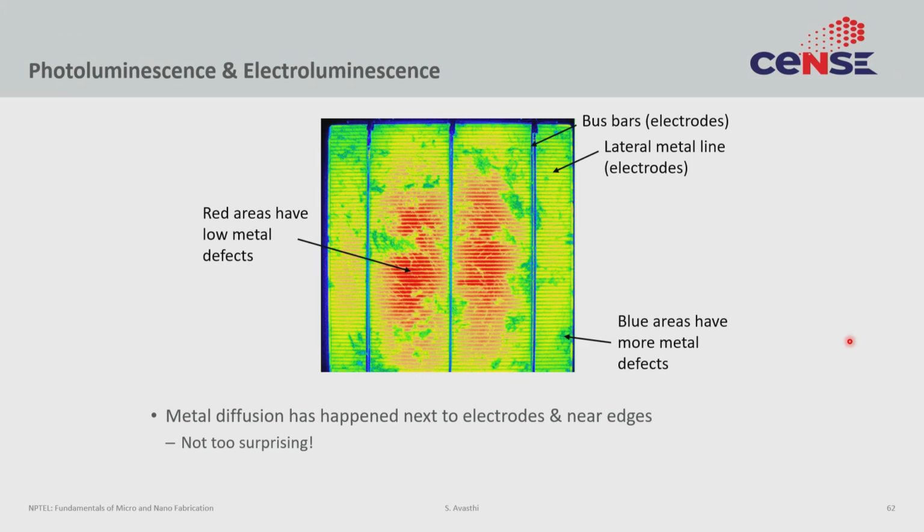And finally, this is what PL and EL type of images look like. This is a solar cell and we are looking at the electroluminescence image of a solar cell. If that does not make sense to you, do not worry, I am not going to quiz you on this. It's just to show that you are seeing certain features. The grid-like structure you see on the top is the electrode, that is just part of the structure, but more interesting is that you see different shades of color. You see a red area, certain green areas and blue areas. The red areas have low defects and the blue areas have high defects.